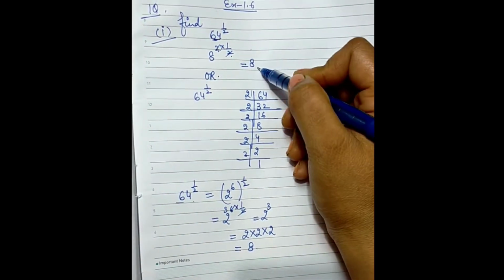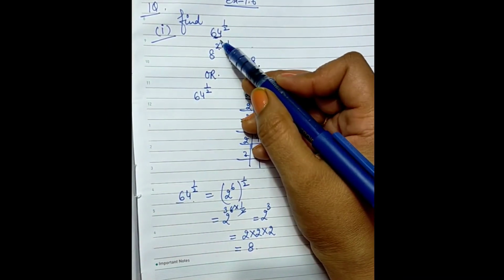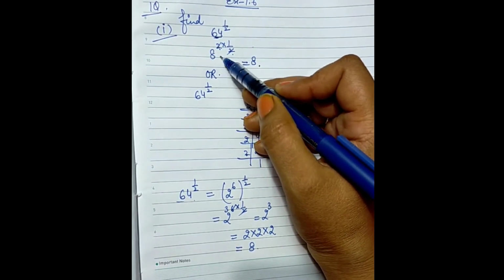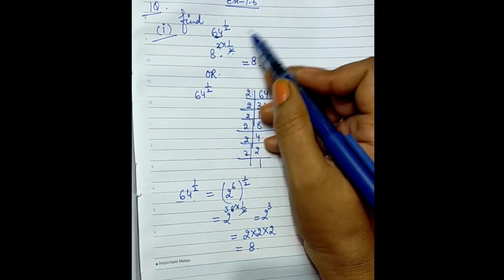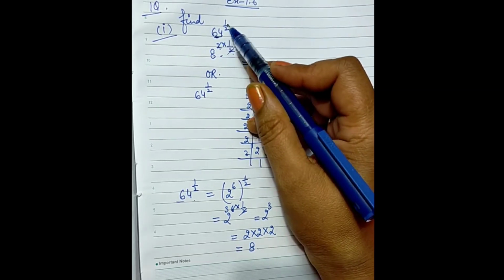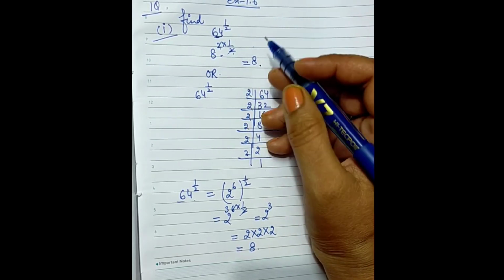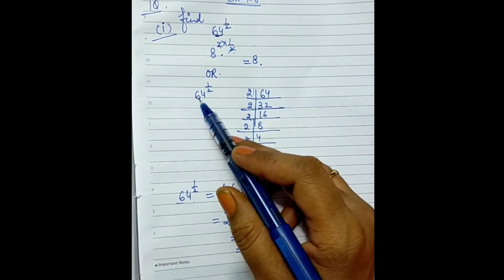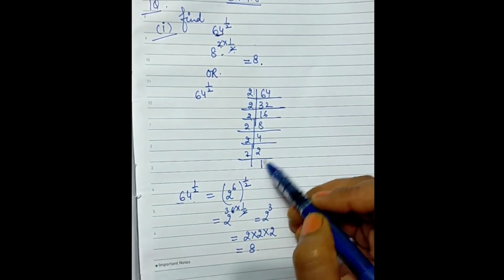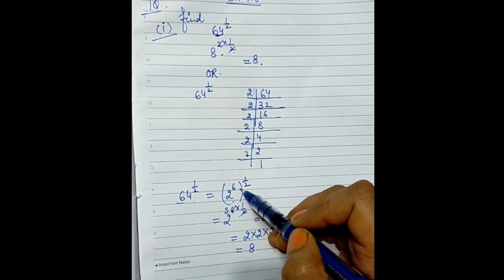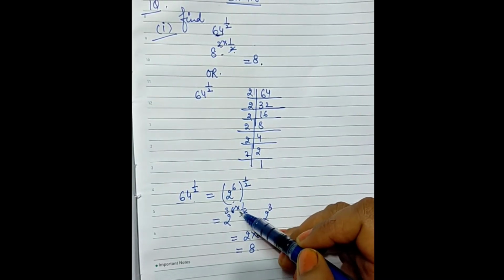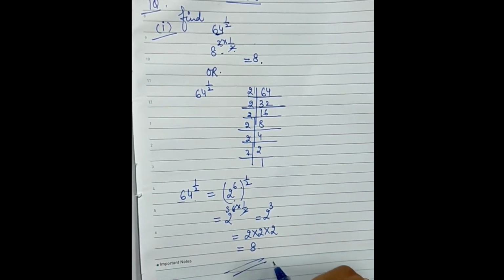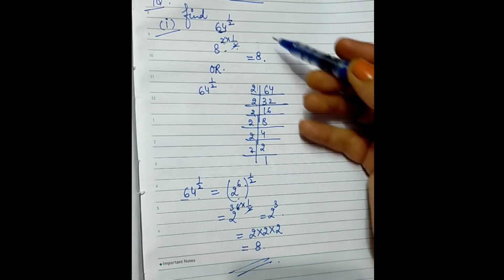The answer is the same, but if you remember the square or cube, whatever is being given, you can simply put it in and get the answer. But if you don't remember whose square, whose cube, or whose fourth power this is, then take the base and its prime factorization, and put in the value of that prime factorization. This will get cancelled by itself and you will get the required answer. So you can choose either of the methods.